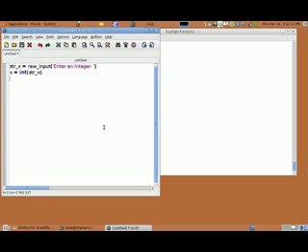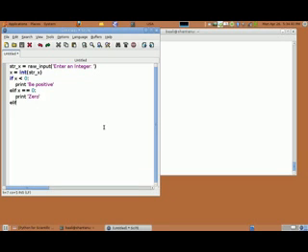And now we check if the number is less than 0 by typing if x less than 0 colon enter. We give 4 spaces for indentation and type print in quotes "be positive". Then we check if the number is equal to 0 by typing elif x equal to 0 colon enter. Note that elif here is the else if condition, and after giving indentation we type print 0, and then we